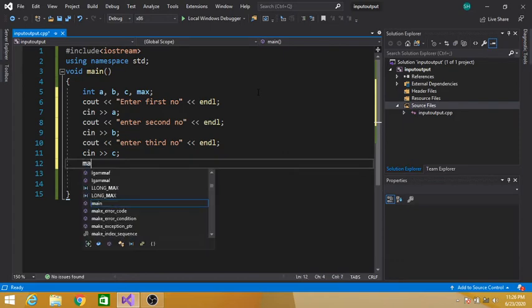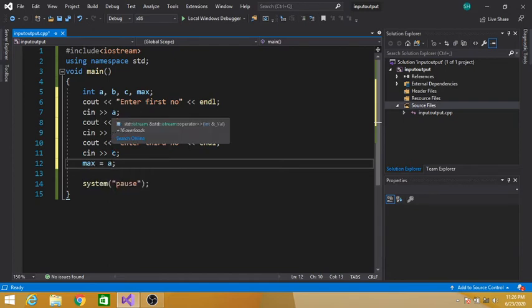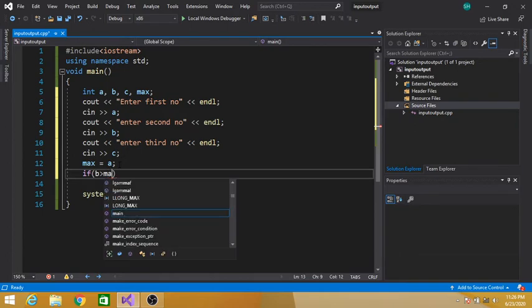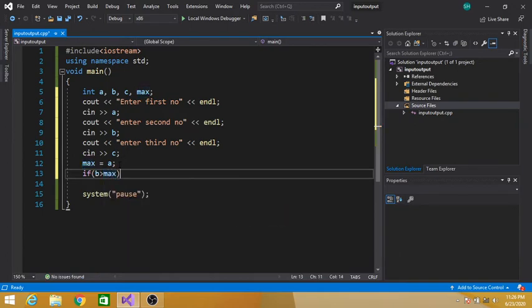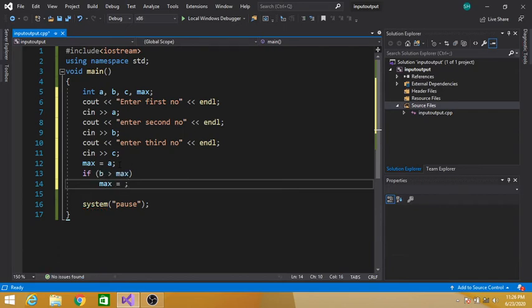Now max is equal to A. We are supposing that the maximum number is A, meaning the largest number is A. Then we are checking if B is greater than max, it means maximum is B, so we are assigning B to maximum.